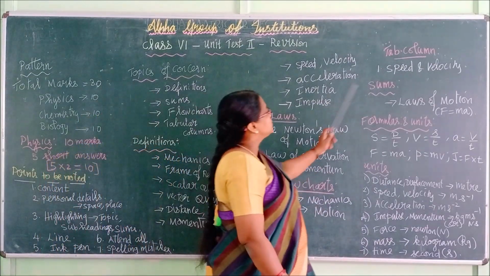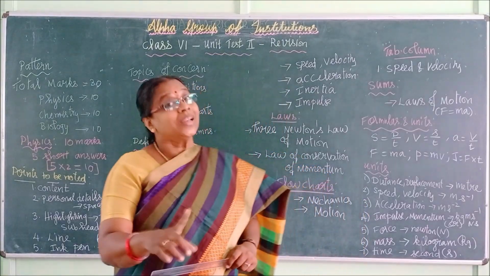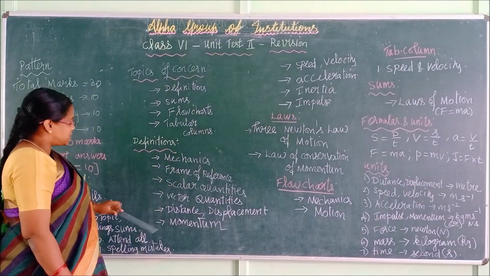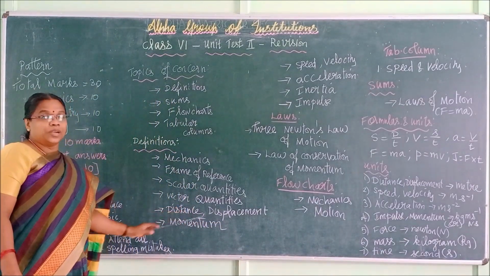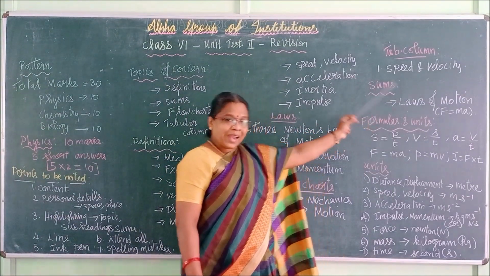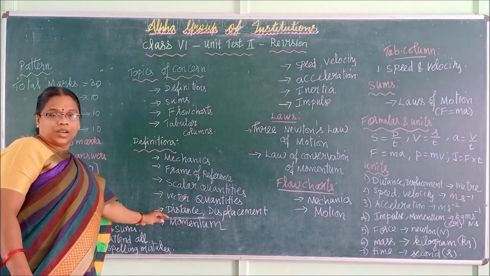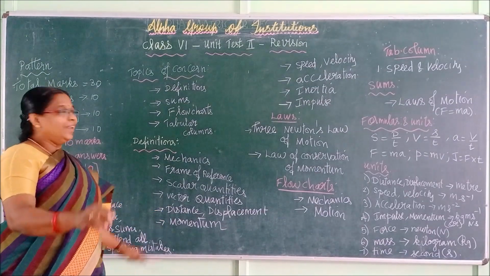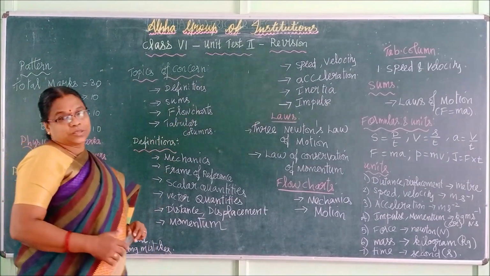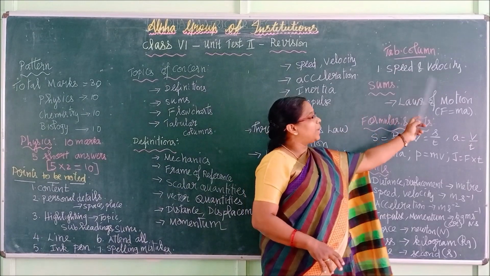Right? Next one is tabular column question. We have only one tabular column and one another can be asked. Differences between distance and displacement. Whatever content you have for speed and velocity, that you can write for distance and displacement also. Right? But in the place of speed, write distance. In the place of velocity, write displacement. So you get 2 tabular columns, and after these 2, this is very important.